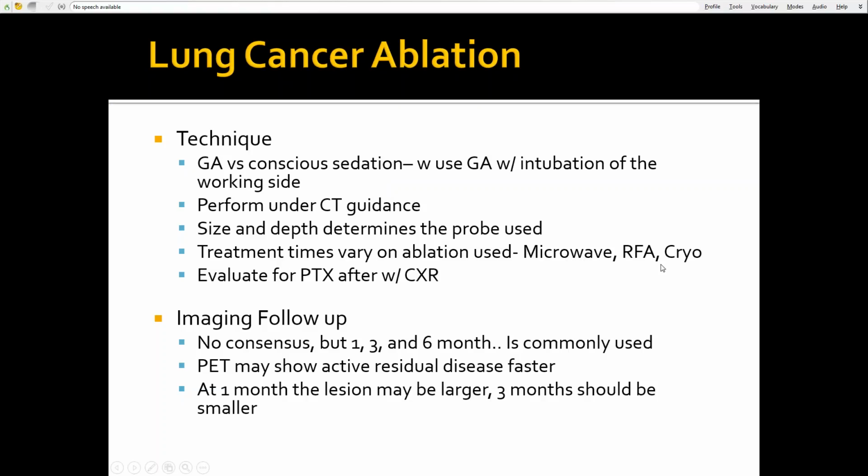Again, the treatment time, we typically use RFA here. It's common for a patient to get a pneumothorax because you're putting in a larger lesion. One thing I will tell you is that last year my partner and I presented a paper at SIR that